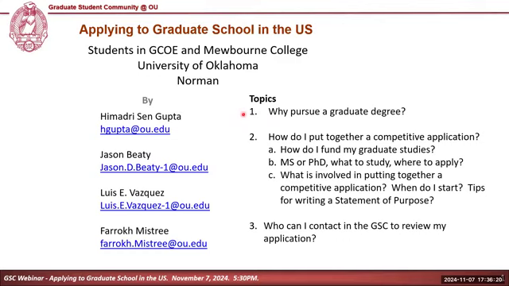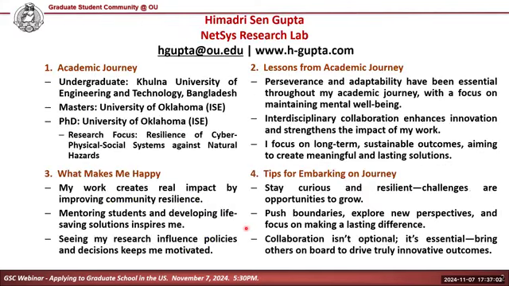Mainly today, we will discuss the essentials of applying to grad school, starting with the reasons why pursuing a graduate degree can open the door for your career and personal growth. We will also then dive into creating a competitive application, covering the funding options, choosing between a master's or PhD, and also finding the right program. We will also share tips on crafting and tailoring the applications and the statement of purpose, and making your application stand out for sure. Finally, we will explain how the GSC can support you by reviewing your applications and offering this.